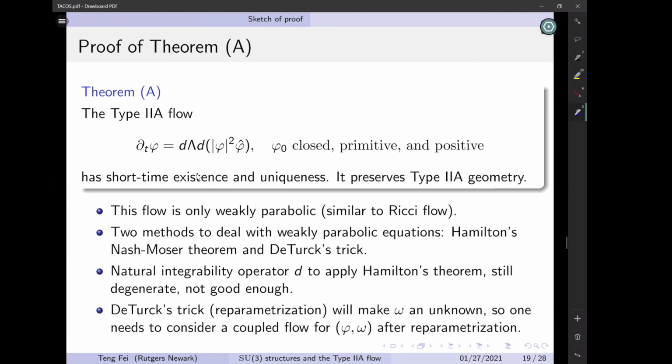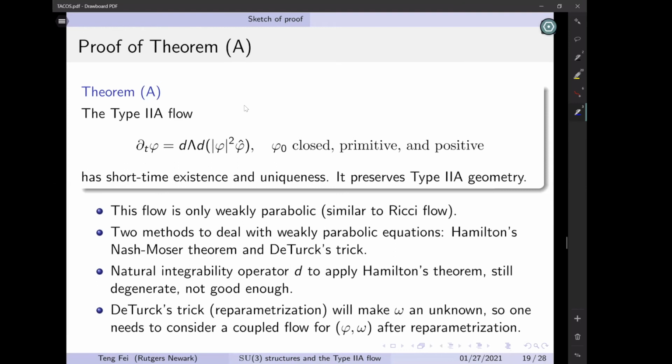And we have, I think, 10 more minutes. So let me say a few words about our theorem. Probably I'm only going to say something about the proof of Theorem A. In fact, this turns out to be, I think, the most interesting proof in our work. So Theorem A just tells us this type IIA flow we introduced has short time existence and uniqueness. The second part, that it preserves type IIA geometry, is